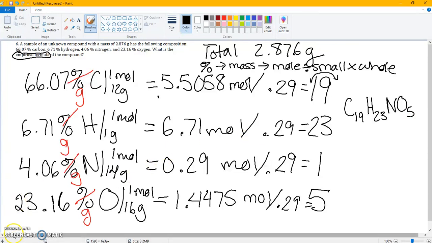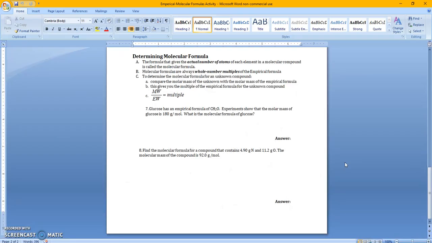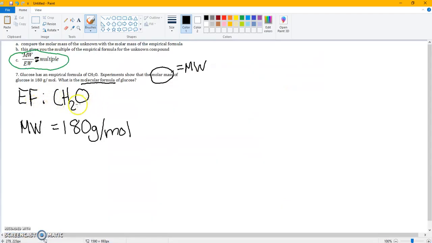How did you do? Now that you know how to get empirical formulas, you also have to know what the formula is in real life. Not just the ratio, but how many of each element are in that compound. That's what we call the molecular formula. It's the actual number of atoms in each compound. Okay? Again, they have to be whole number ratios, and it's pretty simple to get once you have the empirical formula. So since the empirical formula is the lowest whole number ratio, I know the molecular formula has to have this ratio in it. So what I do is I take the molecular weight, which is 180, then I divide